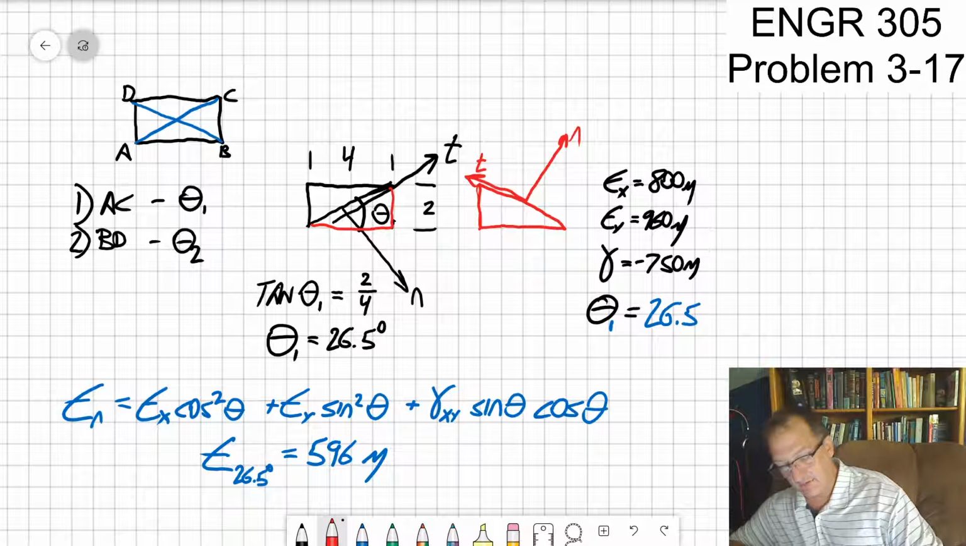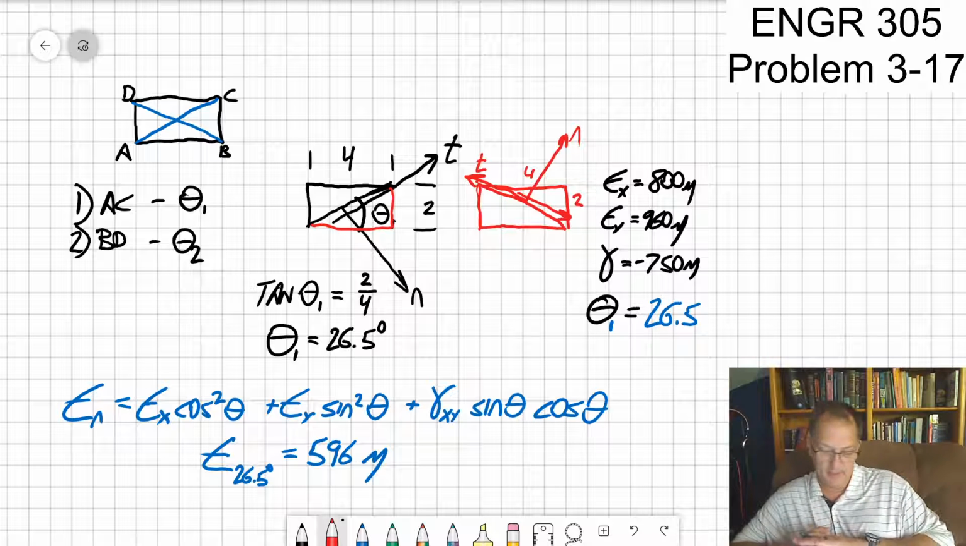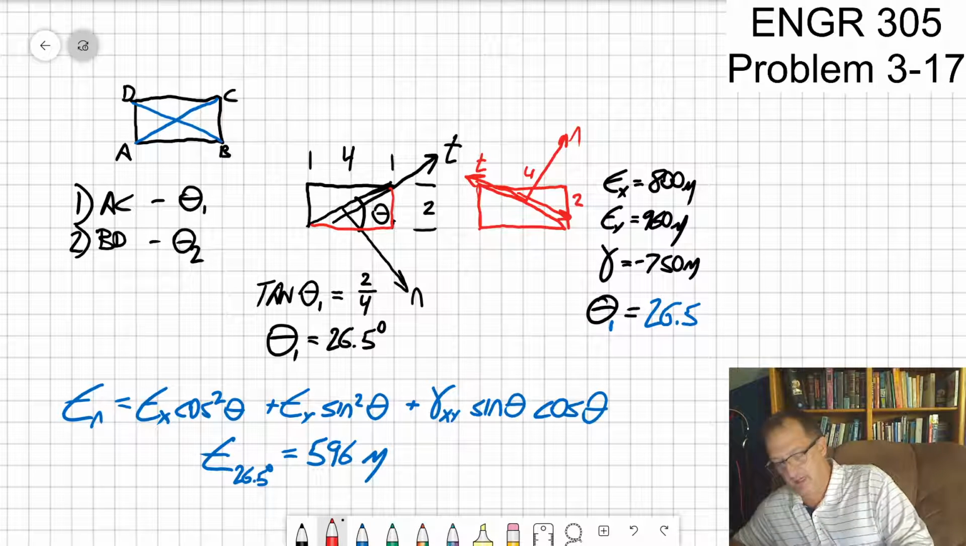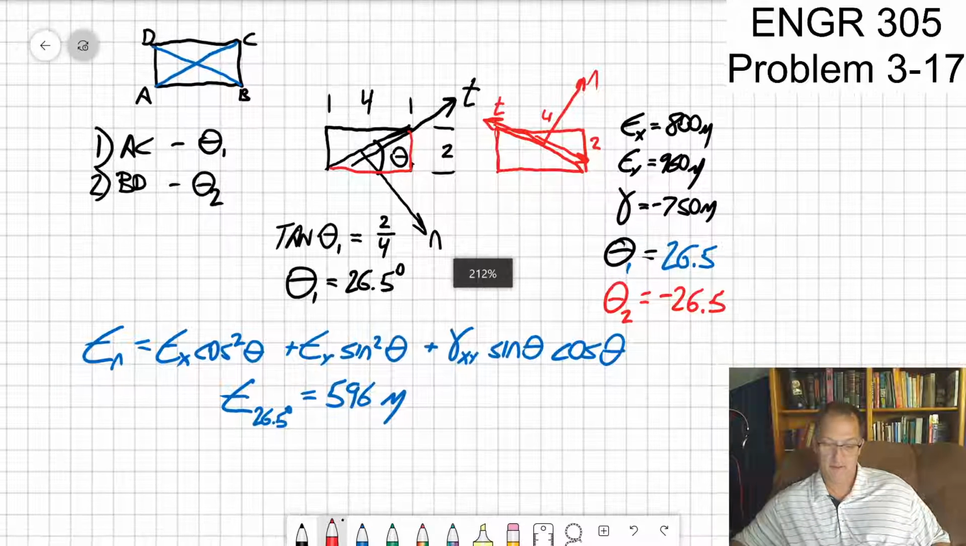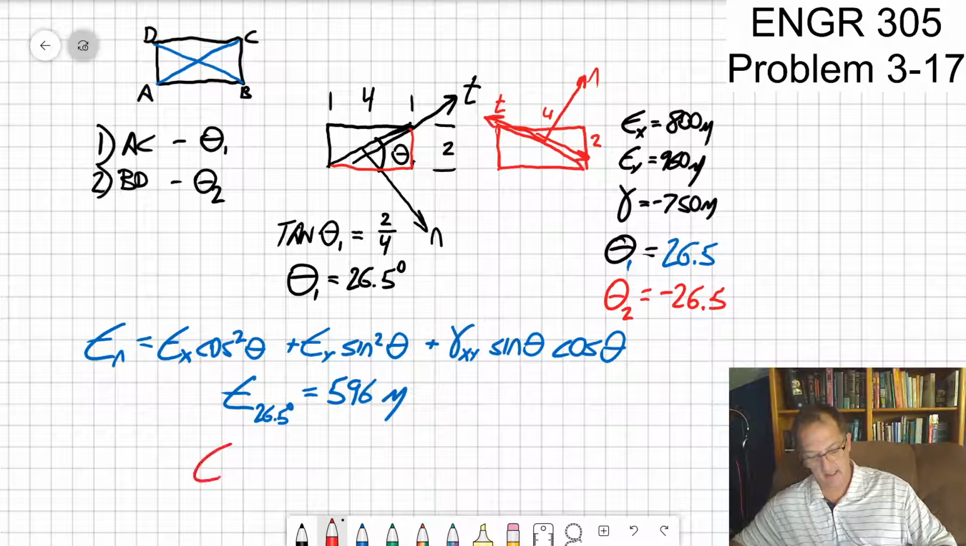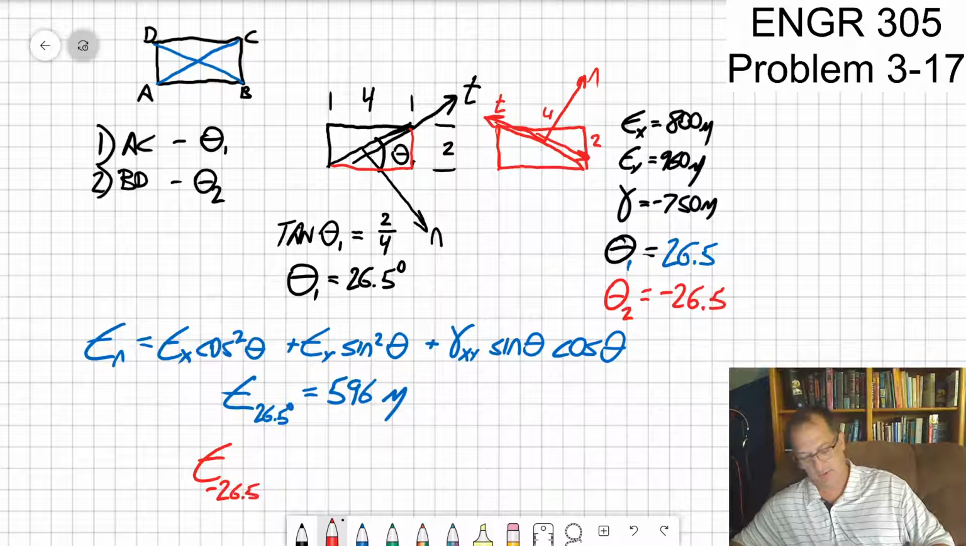Well, honestly, if I would say it's going in that direction, then this is still 4 and this is 2, but now my theta 2. Yeah, you know what? I'm just going to rewrite it here. My theta 2 is equal to minus 26.5. All right. And if I take that and punch that in, I'm going to get the strain in the minus 26.5 direction is equal to,